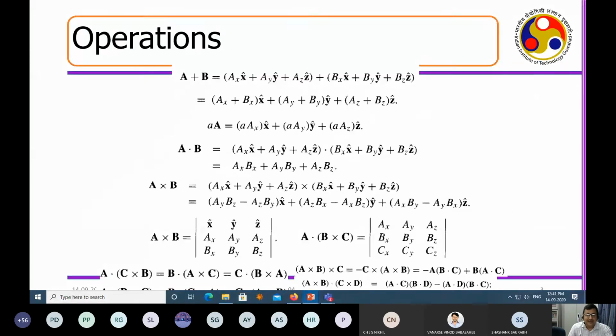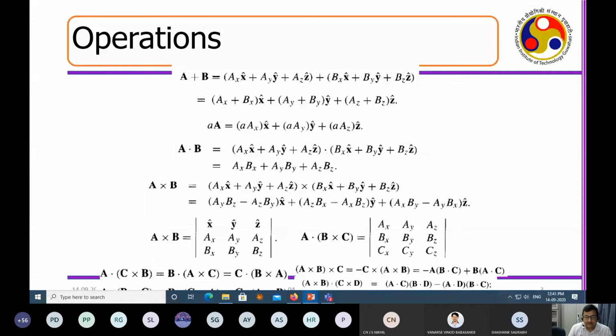Right? So now if you go back and see, suppose this is a vector, this is a vector. If I do a dot product, I get a scalar. If I do a cross product, I get a vector, but this vector is perpendicular to both of these. So essentially, the dot product of two vectors leads to a scalar quantity, the projection of one on the other. Whereas if I take a cross product, I get another vector from these two vectors, which is perpendicular to both.